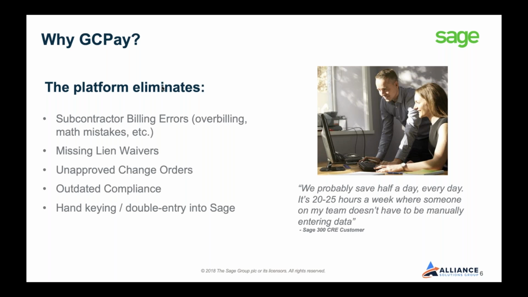This is where GCPay and Sage's direct API integration really comes into play. All you have to do is put the approved change order into Sage, and it will automatically come over and be billable in GCPay. No hand keying whatsoever by your team. What this does is it fully eliminates any possibility of a sub billing for unapproved change orders. And since they can't bill for it, no longer will your team be spending time manually double checking that everything's approved, or manually dealing with errors on change order management.